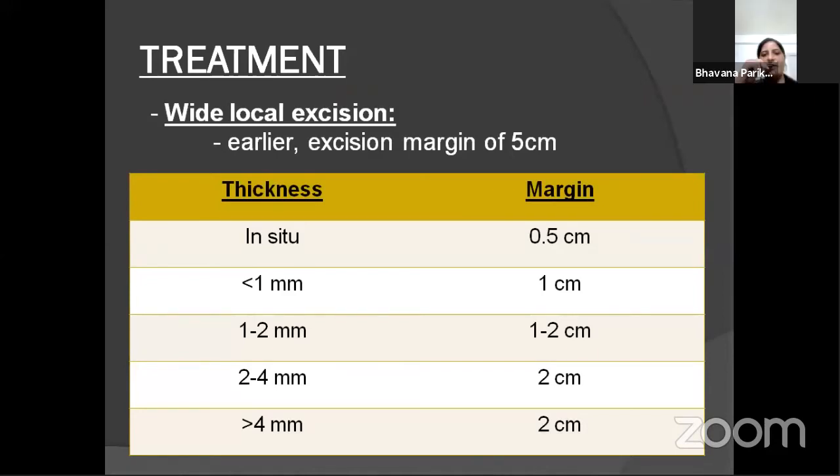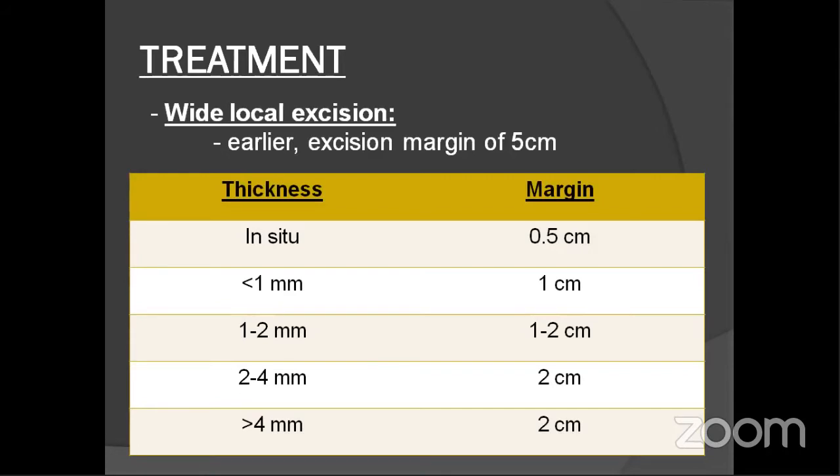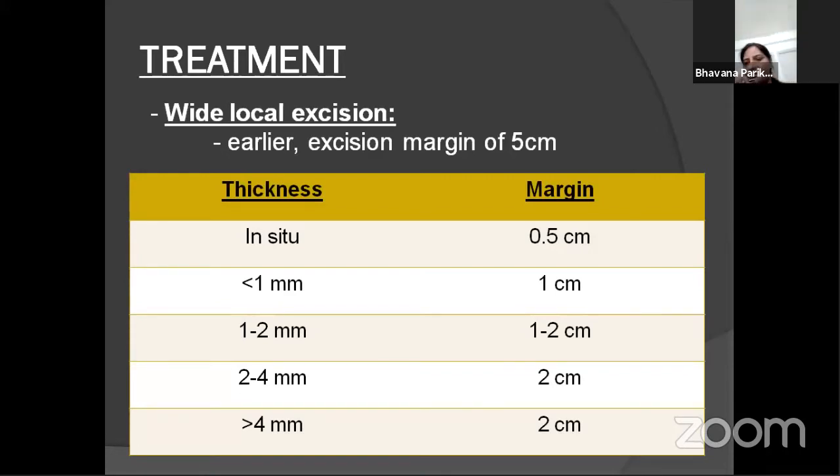Yes, sir. I agree with the margins and all that, but why we need this thickness marking is as a prognostic indicator, because age, nodal status, thickness, ulceration, and mitotic rate are the more prognostic markers for any cutaneous melanoma. And thickness is important to decide whether to go for sentinel node biopsy or not. If it is a very thin melanoma, less than 0.75 or less than 1 millimeter, probably the sentinel node biopsy may not be required. If it is more than that, with ulceration, with a higher mitotic rate, then we have to consider sentinel node biopsy also. So these are the parameters to decide about the sentinel node biopsy.